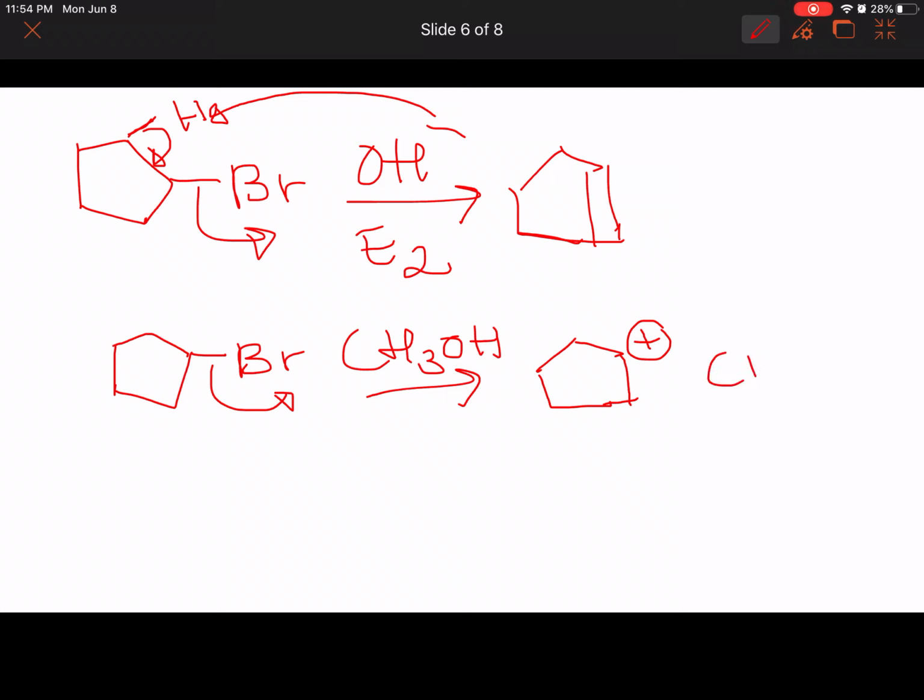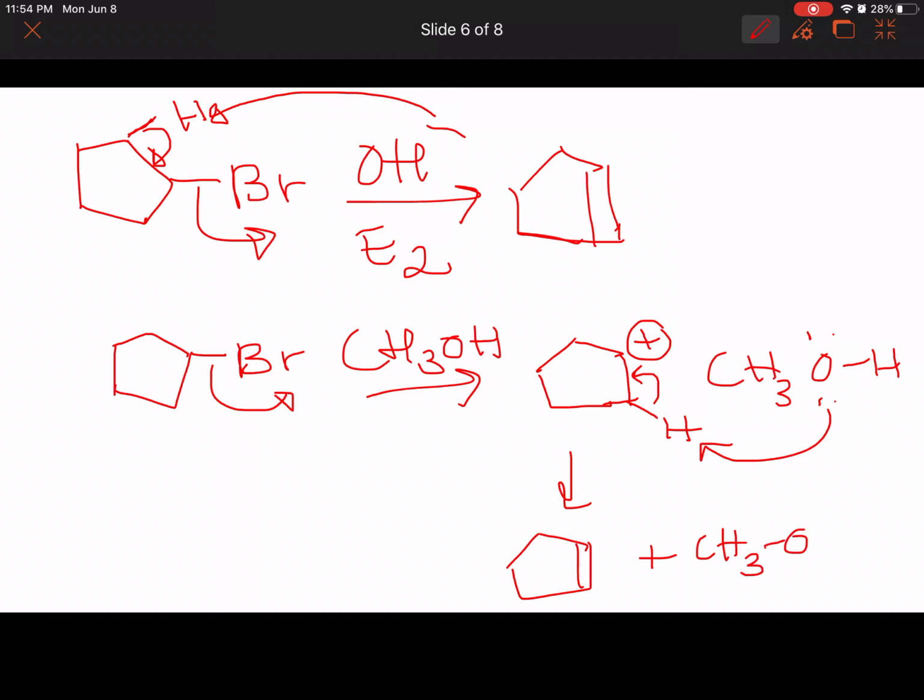And then the methanol can go and grab a proton and complete the formation of the alkene, plus a protonated alcohol, plus the Br minus. Later on the bromide can go and grab the hydrogen and we can regenerate methanol and HBr. Okay,